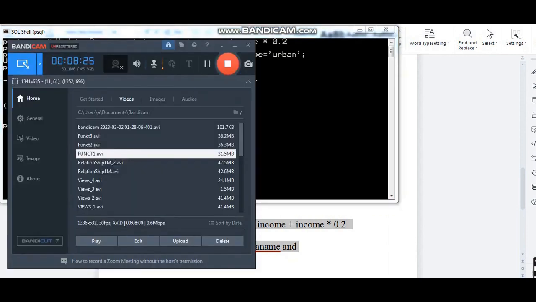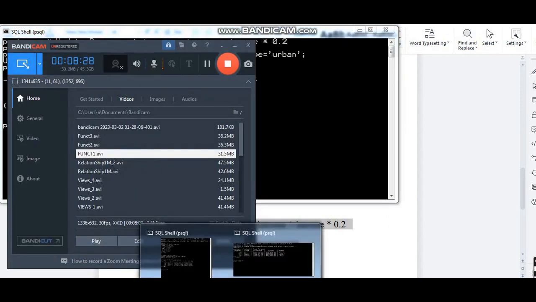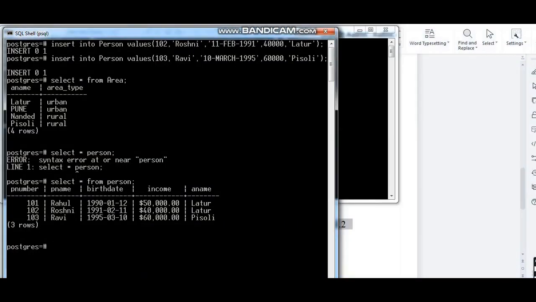Let's see what was the previous value here. So here you can see this is the previous value, right. Income is 50,000, it is updated to 60,000, and it is 40,000, it is updated to 48,000. So yes, this query is working.